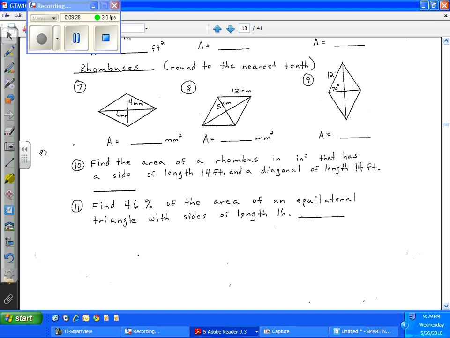We've got rhombuses, rhombus, form half, diagonal